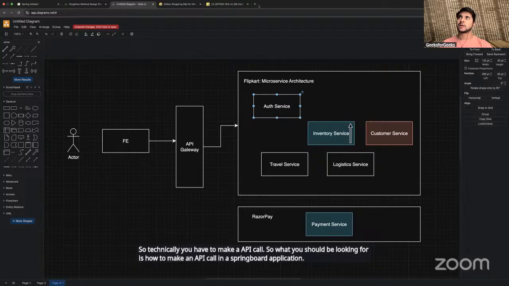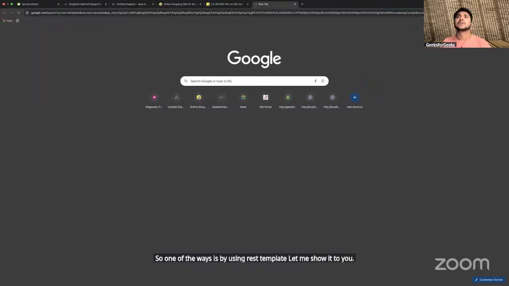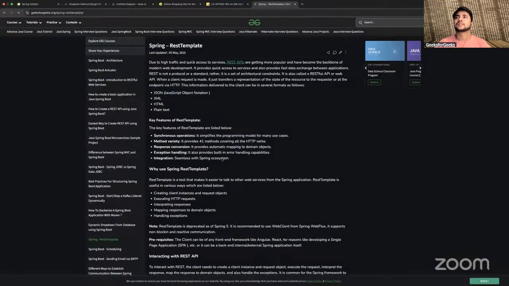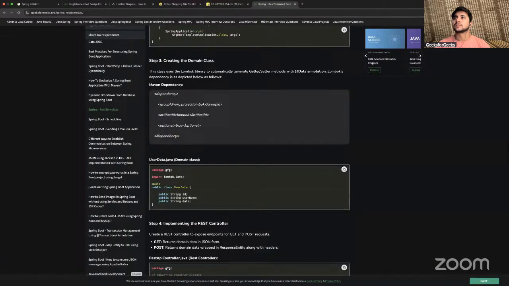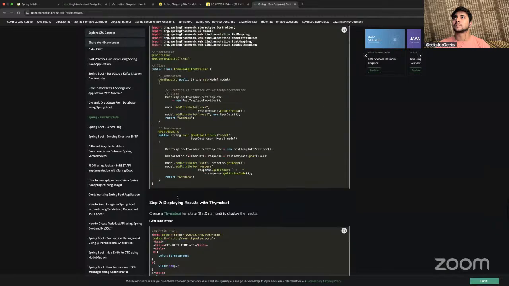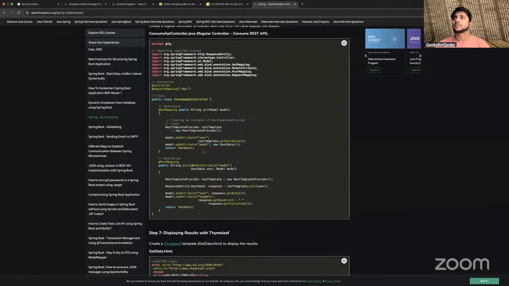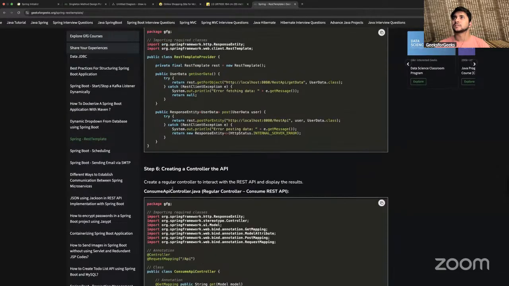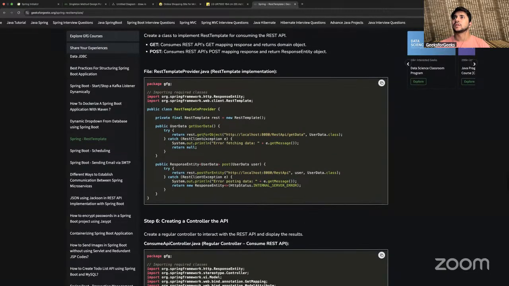So one of the ways is by using REST template. Let me show it to you. I want you to notice this piece of code.